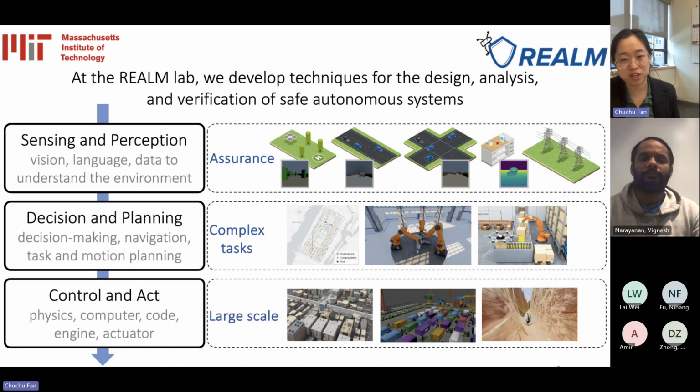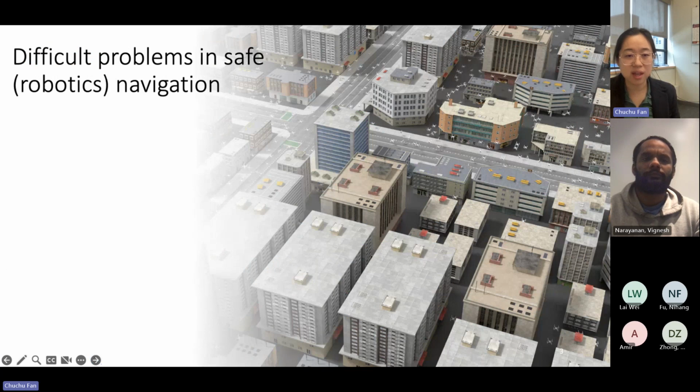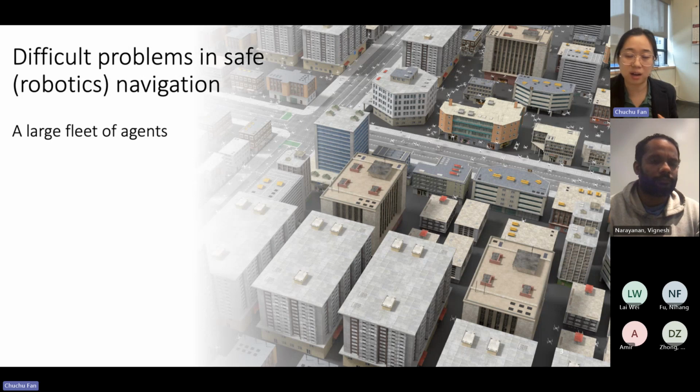And let me know if you are interested in other parts or you're particularly interested in any of the details of the techniques in the testing and assurance or the planning for complex tasks part. Okay, so thinking about multi-agent systems at a large scale, what are the difficult problems that would come to your mind at first? So in our lab, there are a bunch of things that we are very interested in resolving